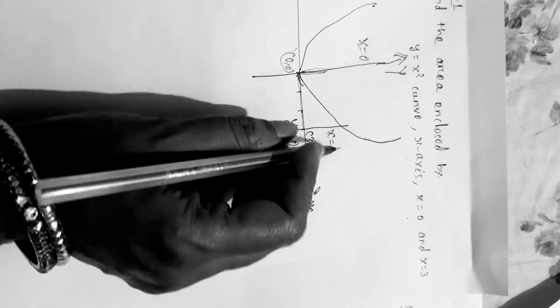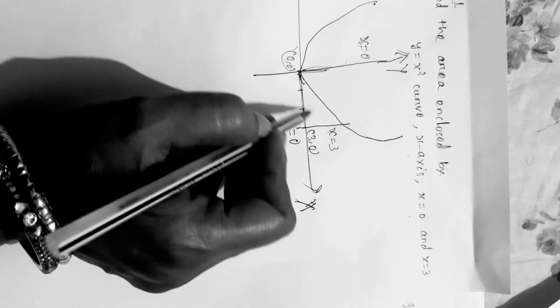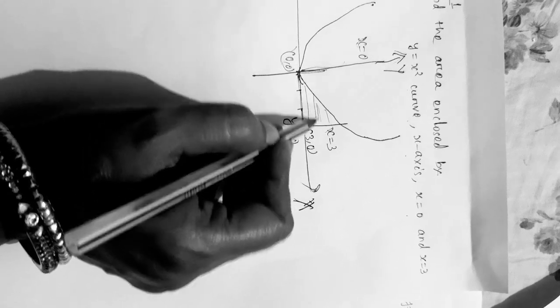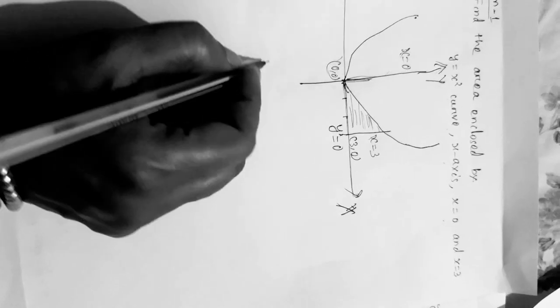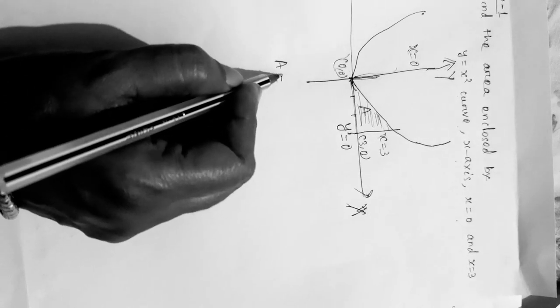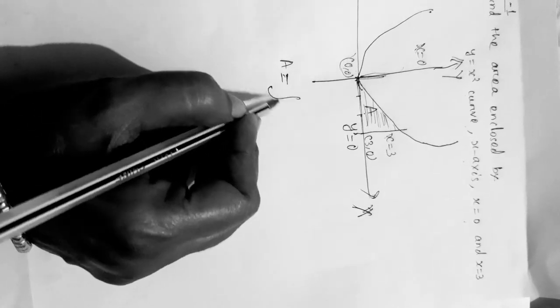Here we are looking for the area of this bounded region. If the area of this bounded region is denoted as A,